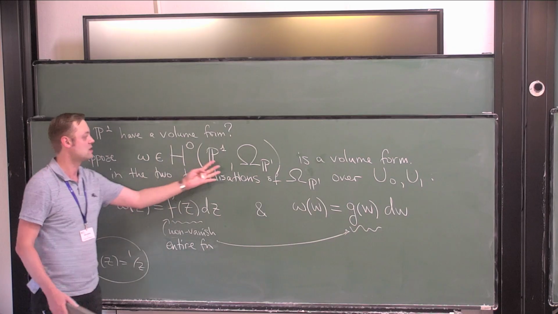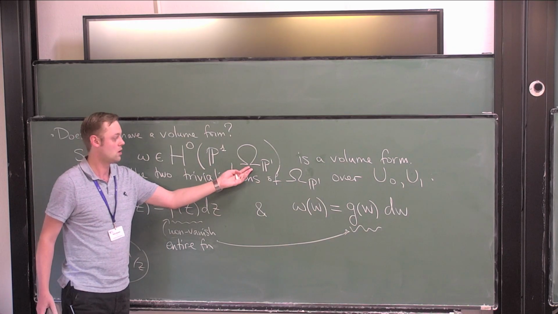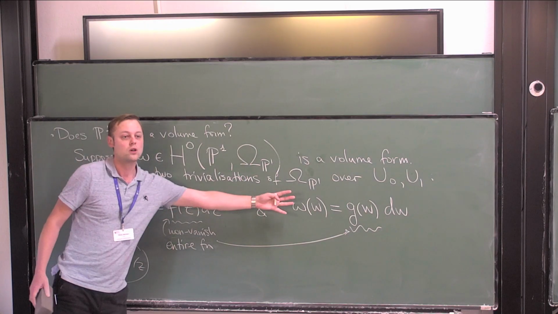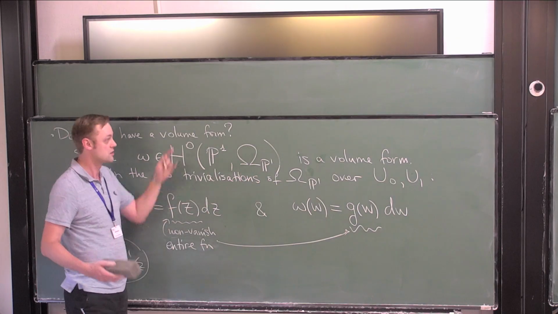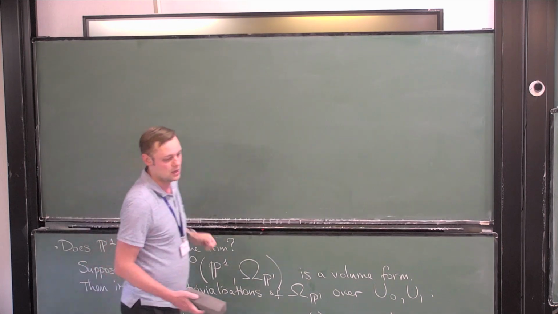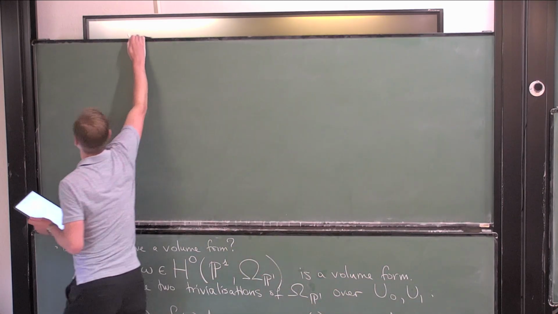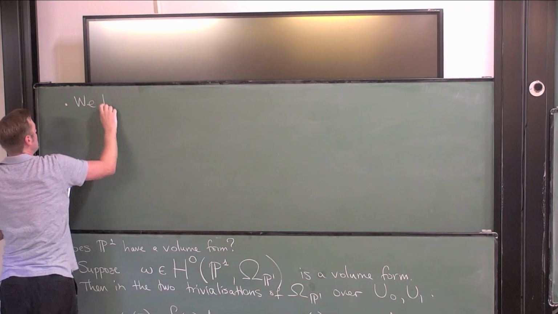Or in other words, if I were to try and build a section of this bundle, or a bundle like it, how would I do local representations of this section in order for it to genuinely define a section? So this is a very typical technique in studying bundles. So what we have also shown